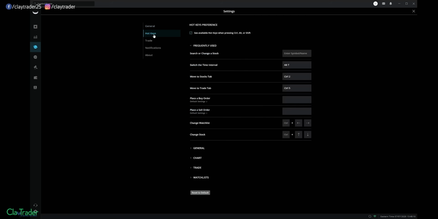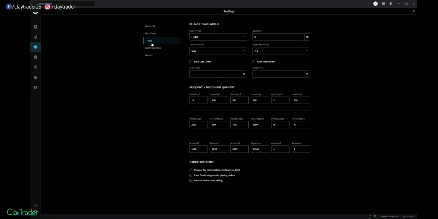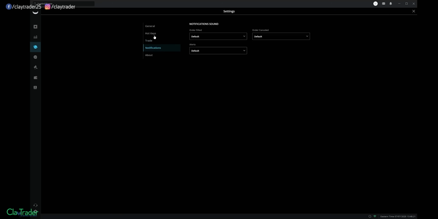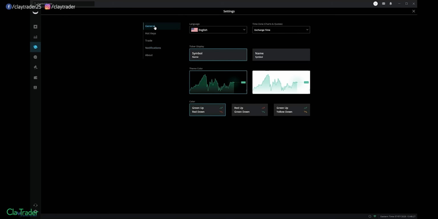So like I said, here we have the settings, and as an FYI, for those of you that like hotkeys, Webull offers hotkeys. And then as far as the order entry form, which allows you to get orders out to the market very, very quickly, you can manipulate that in any way you want. And then notifications. So there's a lot of customizability. I'm not going to go too far down each of those rabbit holes, just because, like I said, from the big picture point of view, I just want to show you how to take those videos that hopefully you've already watched and now really start to apply them and get them set up within your broker and platform,